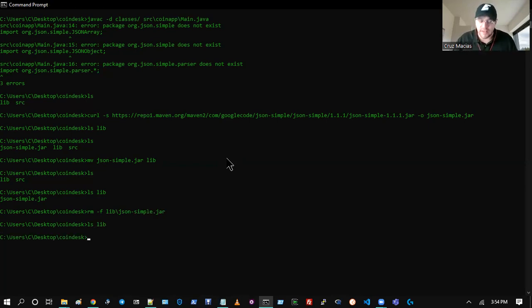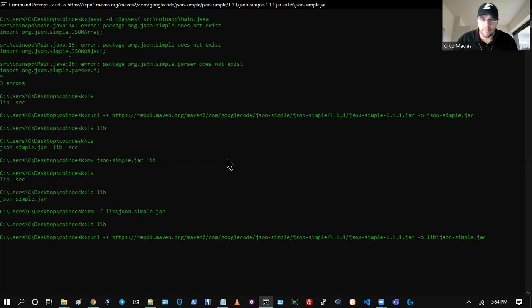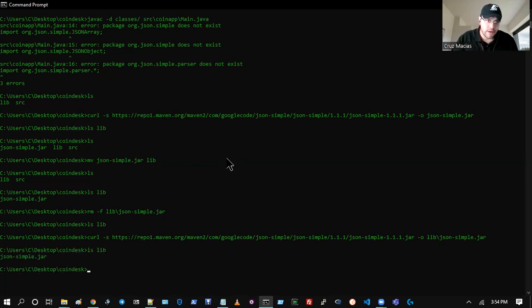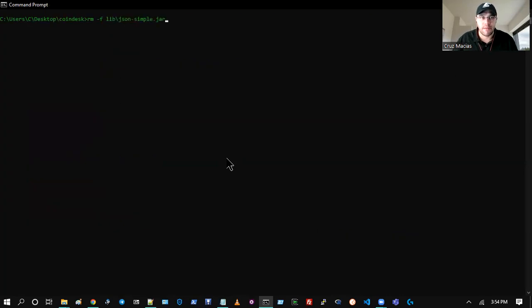So now it's been deleted, so let's go ahead and rerun the curl command. But this time we'll include the path for the library. So now we have our JSON-simple. Now if we recompile the program, we're going to need to include that jar file for our class path. So -cp lib